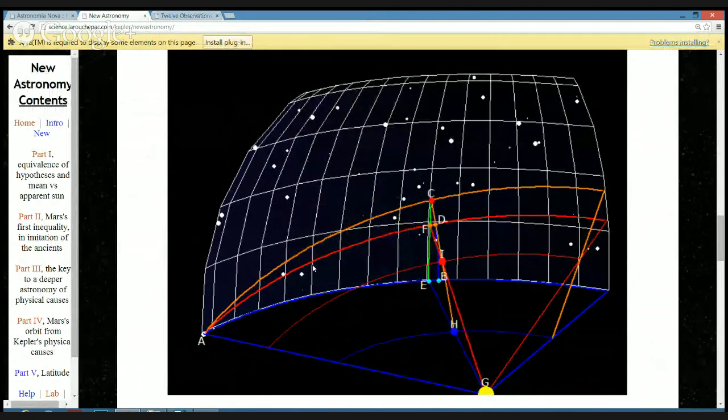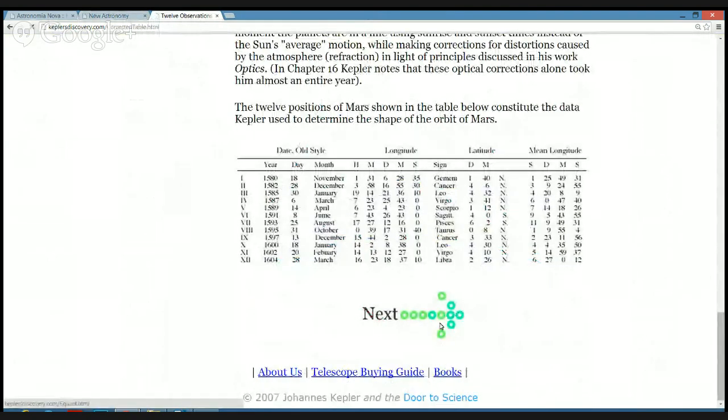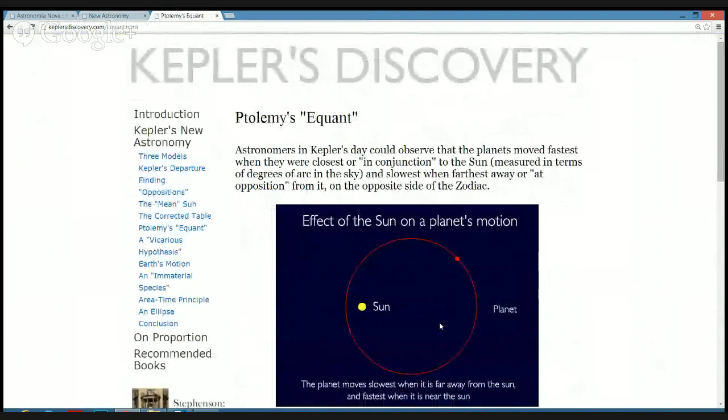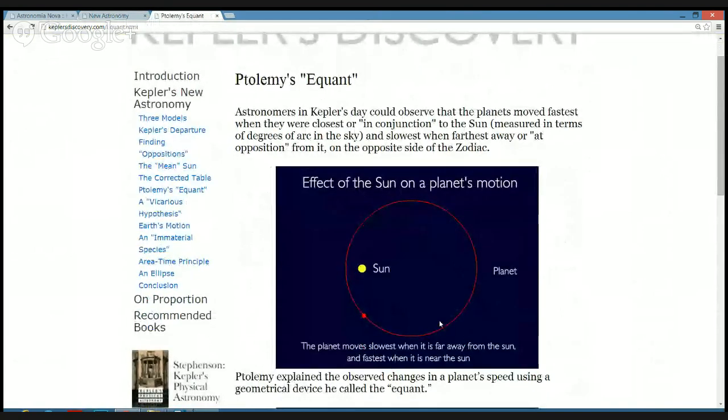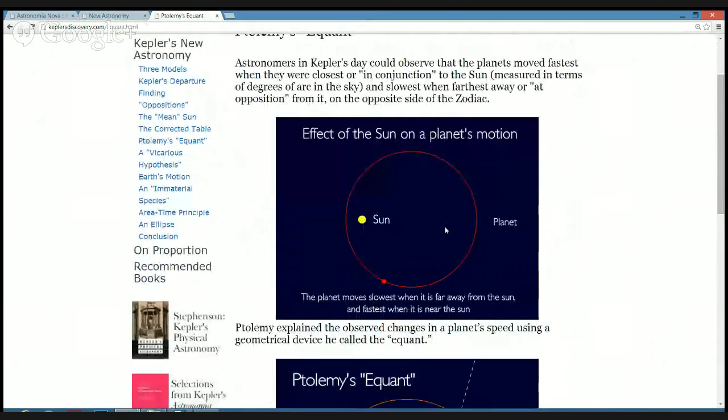It's hard to imagine. It was actually really shocking to see the animations on the fake Kepler's Discovery site. Who would have thought that somebody would go through all the trouble of faking our site? But no one knows when it was made. It came out right after ours did, a few months later.